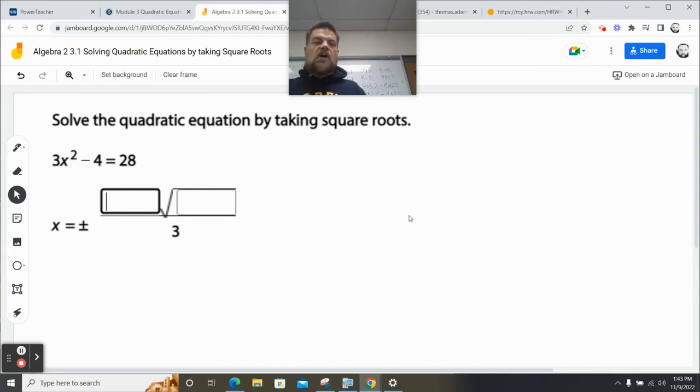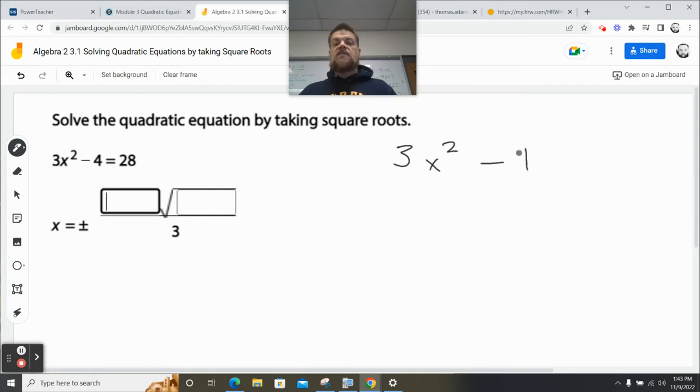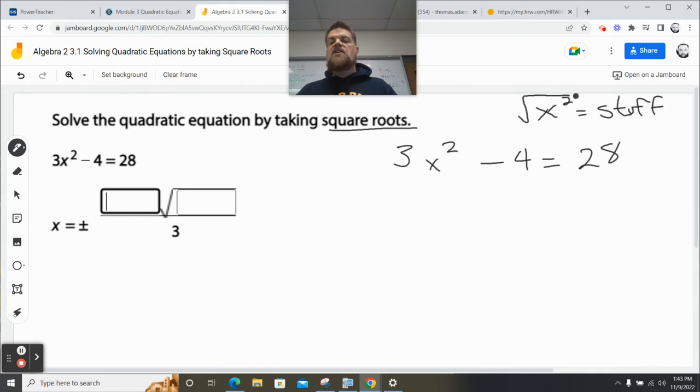All right, for this one, let's just crank through and solve it, and then we'll figure out how to do the rest of it. So I'm going to write this over here. I've got 3x squared minus 4 equals 28. And it says that we want to solve it by doing square roots. So that means I want to make it look like x squared equals some stuff. And then once I make it look like that, then I'm probably just going to take the square root of